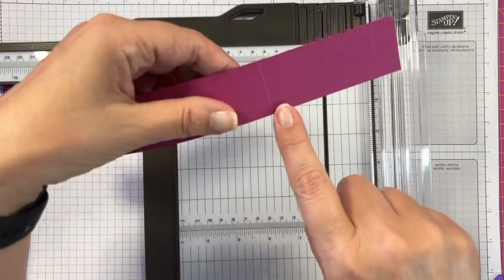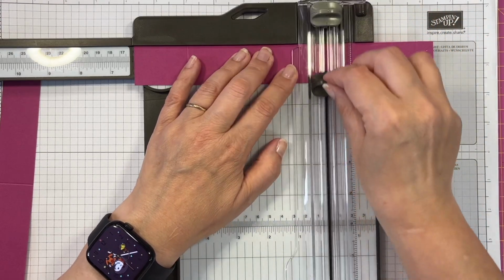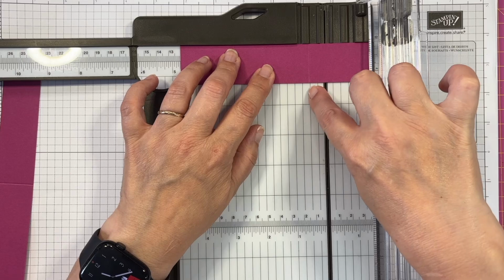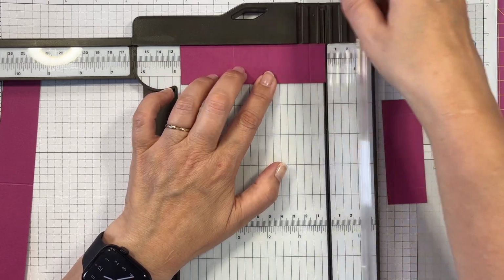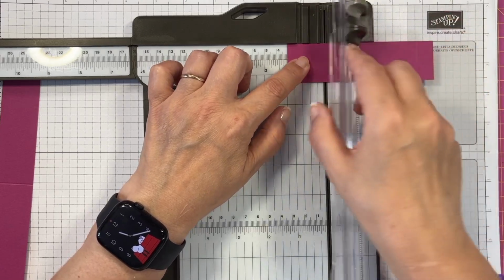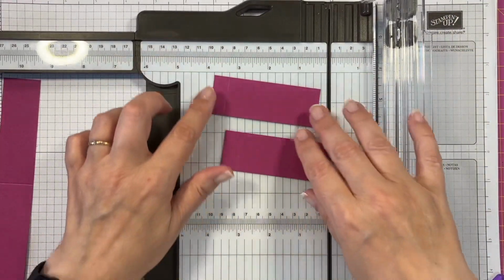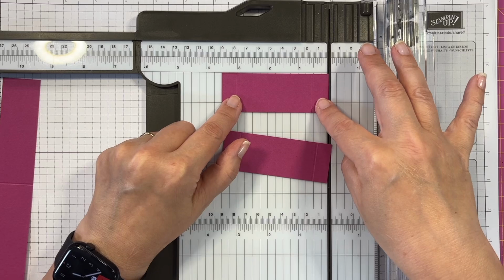Then the next score line, I'm going to put at 1/2 inch on that side of the trimmer. Chop that. Okay, we're keeping and we're using this. Then we're sliding that along and we're doing the same again. So that score line at the 1/2 inch mark and chop and discard that bit. And then that one at the 1/2 inch mark, that side, and chop it. Okay, so we've got 2 pieces like that. Okay, so they measure in total 3.5 inches